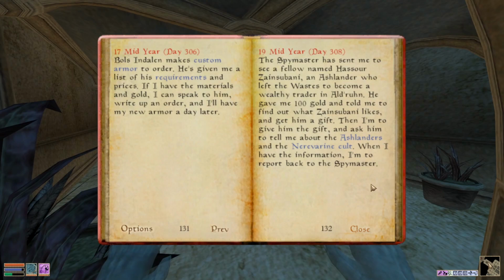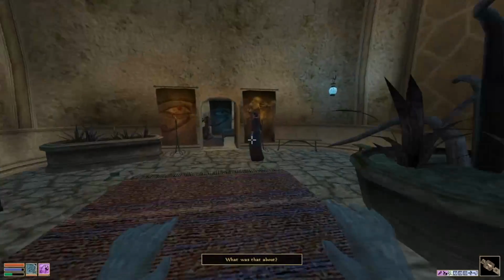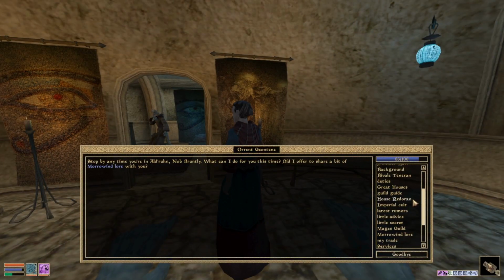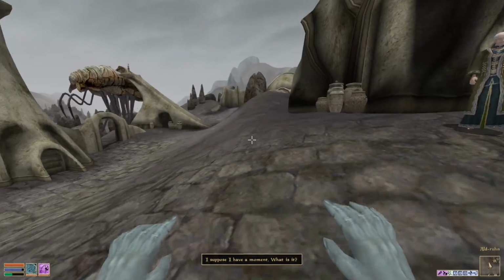Hassour Zainsubani. Okay, I guess we can speak to a guard, or just see if anybody knows where he is. We can't talk to you about him. Let's go speak to... I suppose... Hello? I have a moment. Oh. What is